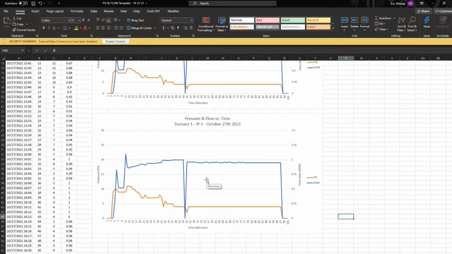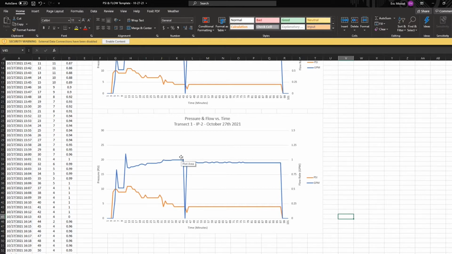But as far as the data output goes, in order to not have thousands of data points for each graph and running 10 legs at a time, the system spits out data once every minute. So every 60 seconds, whatever the instantaneous reading is on either the flow meter or the pressure transducer, that's what the data logger grabs and dumps into the output file, which is perfectly fine under long-term injection under steady state